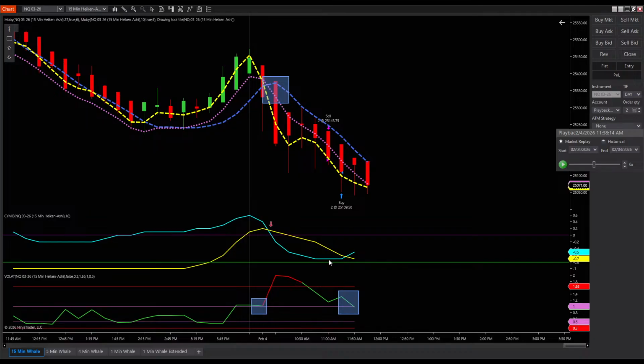MOBY's going down. You still have not crossed above the 0 line. The crossing here with momentum, this is important, is telling you that the downside swing is nearly over. So you're at the tail end of the swing already to the downside. Whenever cycle and momentum on the 15-minute cross right there, that's telling you that you're at the tail end. The full swing doesn't complete itself until cycle crosses above the 0 line. But once it crosses with momentum, that's like the smoking gun.